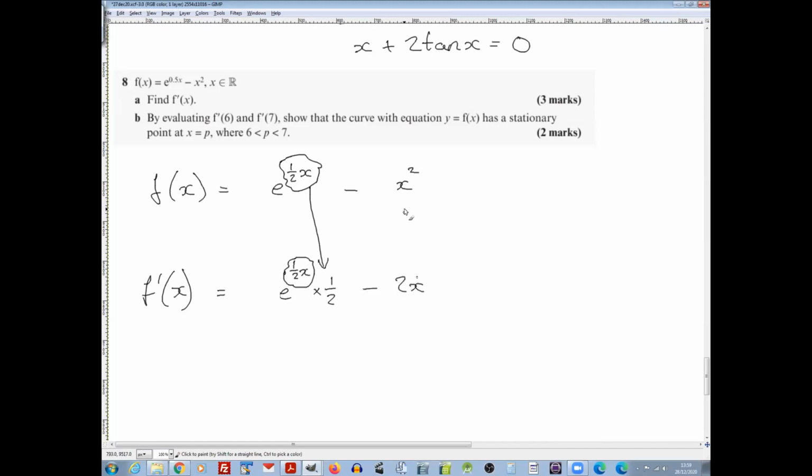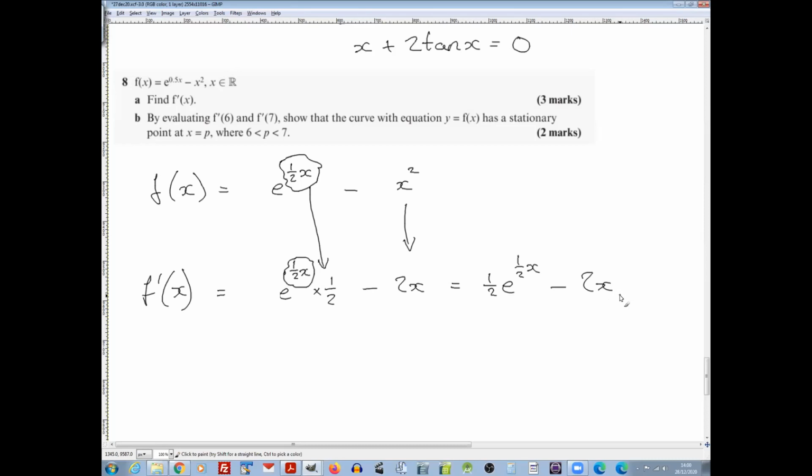Yeah, because that's simple. So let's just simplify it as a half e to the half x minus 2x. Yep. By evaluating f dashed of 6 and f dashed of 7, show that the curve with